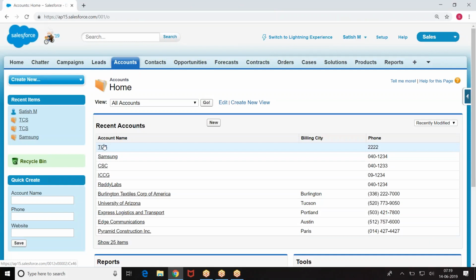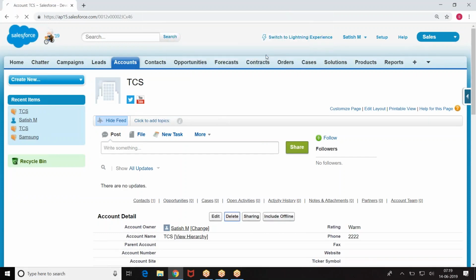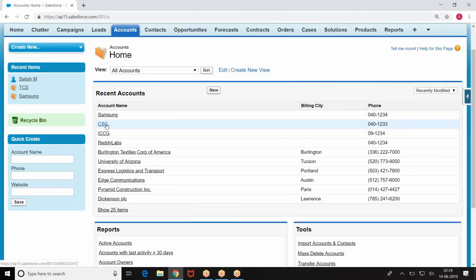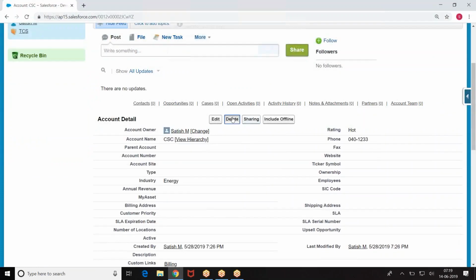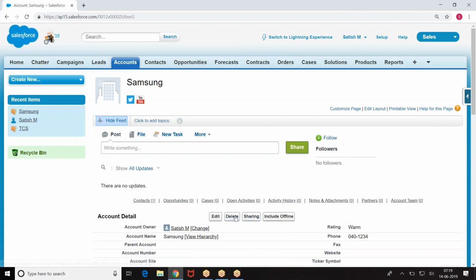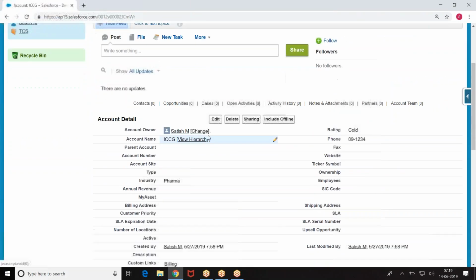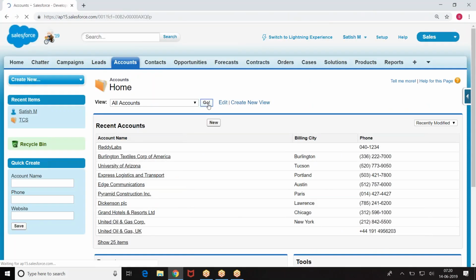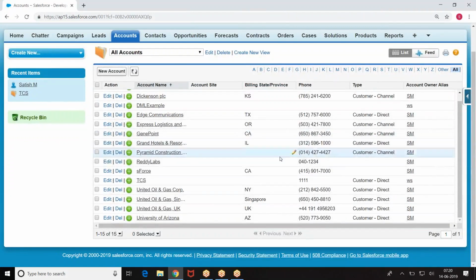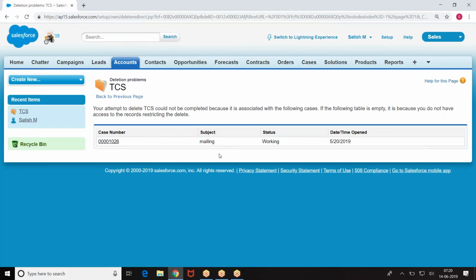I am deleting a few records. Now, look at the number of records we have in the object. We had 14 records in the object.